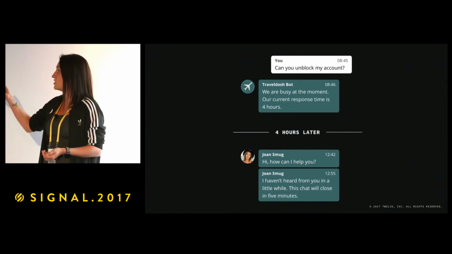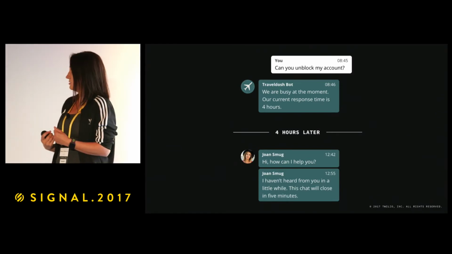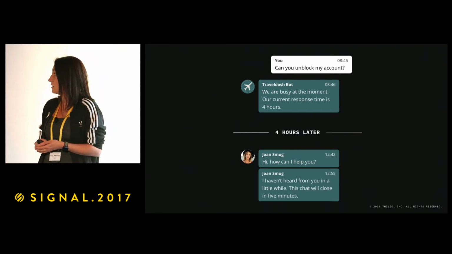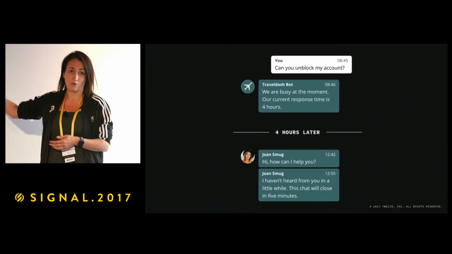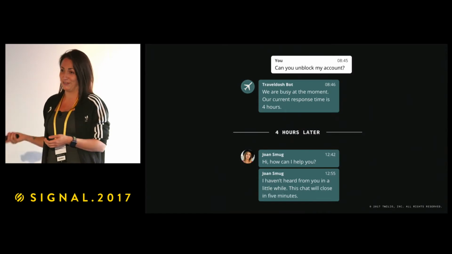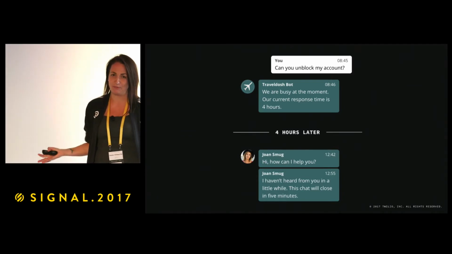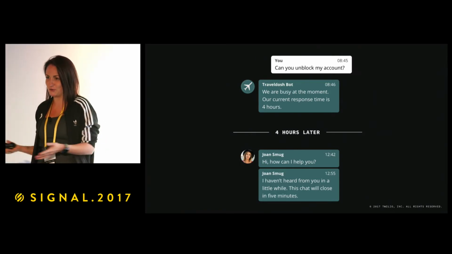And when the agent is available and asks me how can they help, I miss it. And after some time, they close the chat. Then when I come online again, I have to go through the 4 hours queue all over again. And this goes on for 3 days. 3 days, can you imagine? Like, this is totally unacceptable in a situation where you're in a foreign country without access to your money.